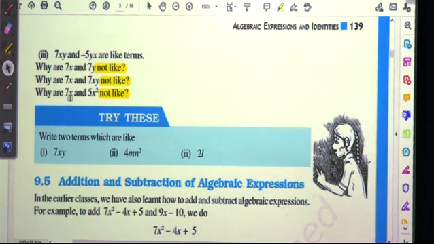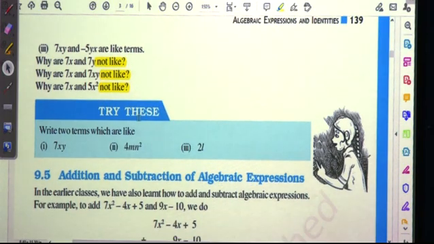What about the third statement, 7x and 5x square? Here x is present, but the exponent values are changing. In 7x, it is x raised to 1, nothing means it is raised to 1, and in 5x square, what is the exponent value? It is 2. So, raised to 1 and raised to 2 are not like. Hence, these are not like. Okay. Proceeding further,